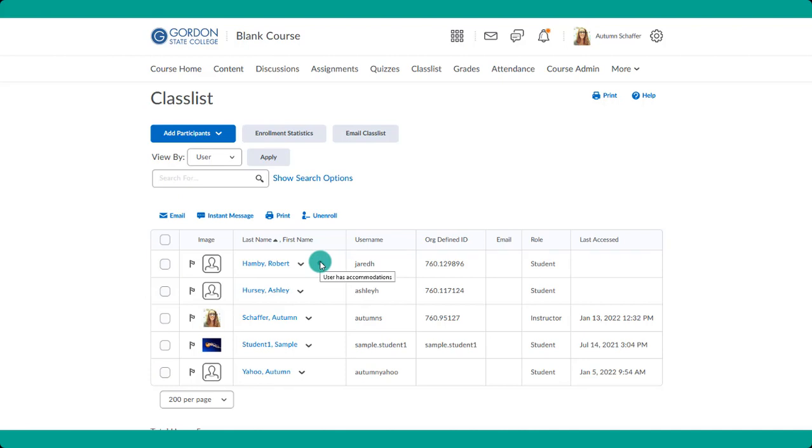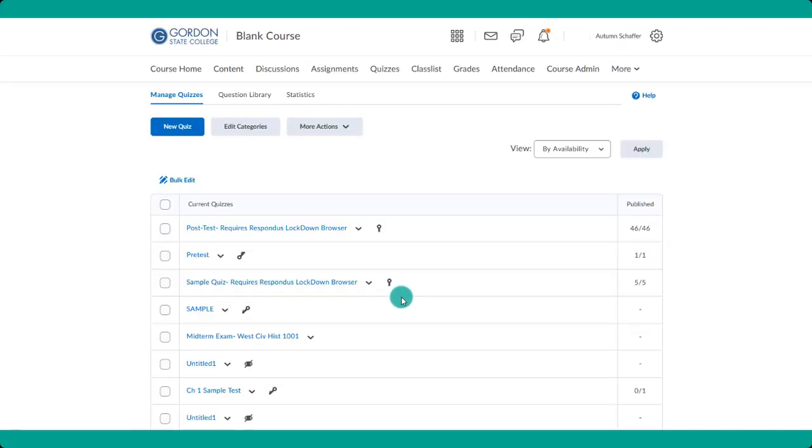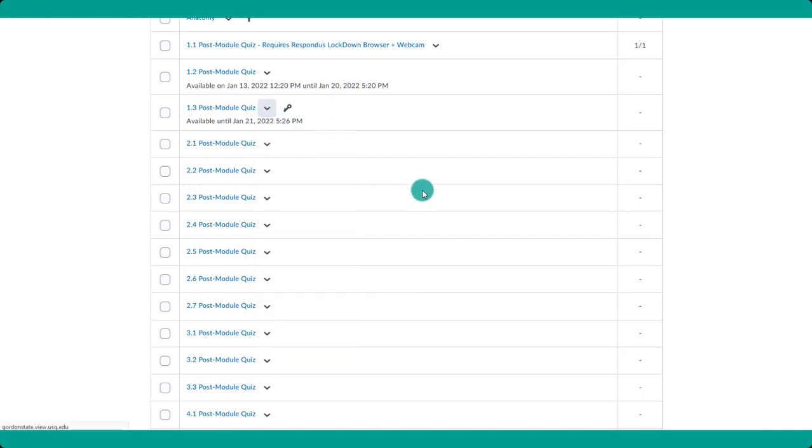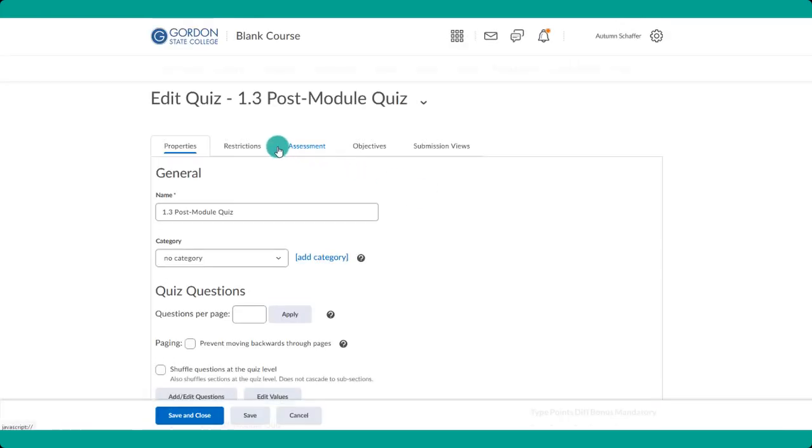It is important to note that method 1 will override method 2. So let's say in this case that I did this for Robert for all of the quizzes at the beginning of the semester to meet his ADA requirements. Now let's say for some reason I wanted to override that with a particular quiz because I wanted to give him extra time or give him a different date. When I go into the quizzes area and do it using method 1, which is editing the quiz, if I edit the quiz here and go to restrictions and special access,